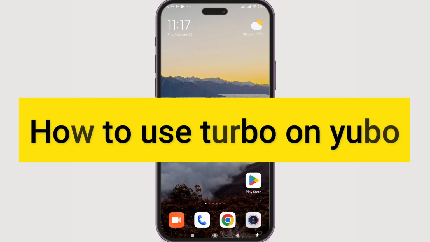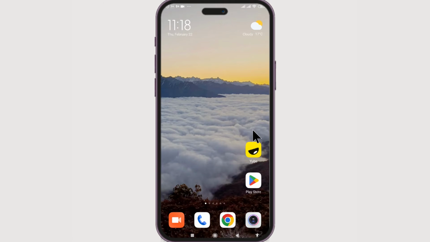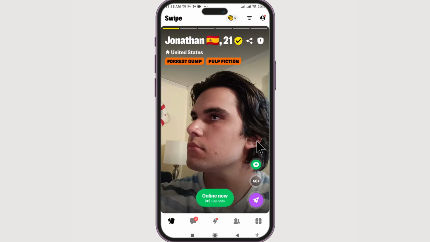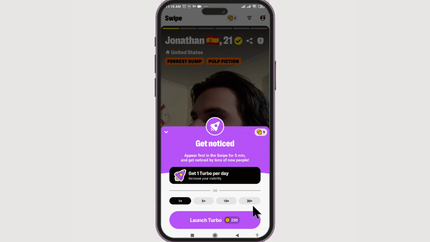In today's guide, we're gonna see how we can use Turbo on Yubo. Now, it's pretty simple. Just launch the Yubo app. Once you've done it, there is a Turbo icon near the bottom of the right hand side. If you click on it, you have an option to increase your visibility and appear first in the swipe for